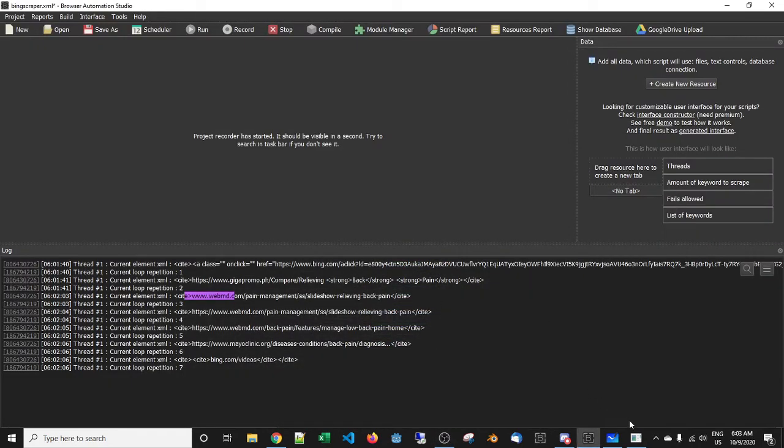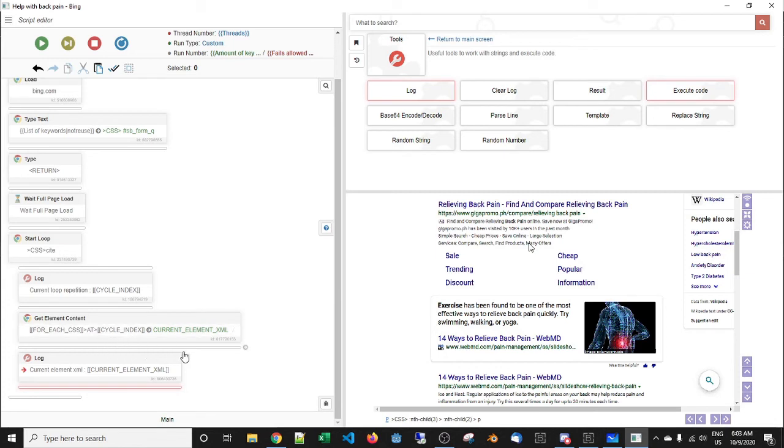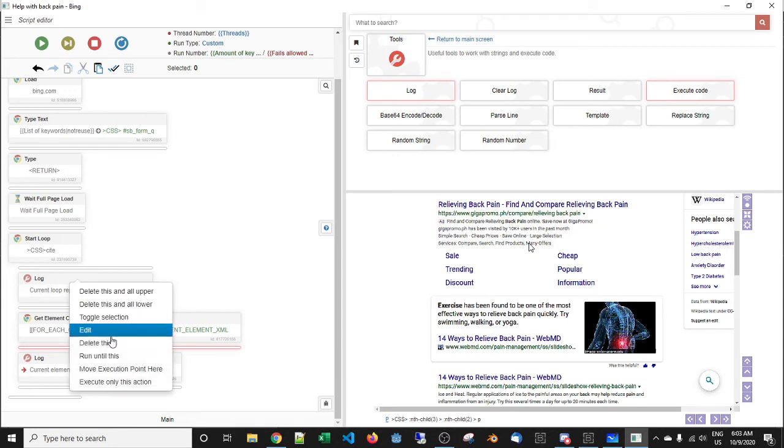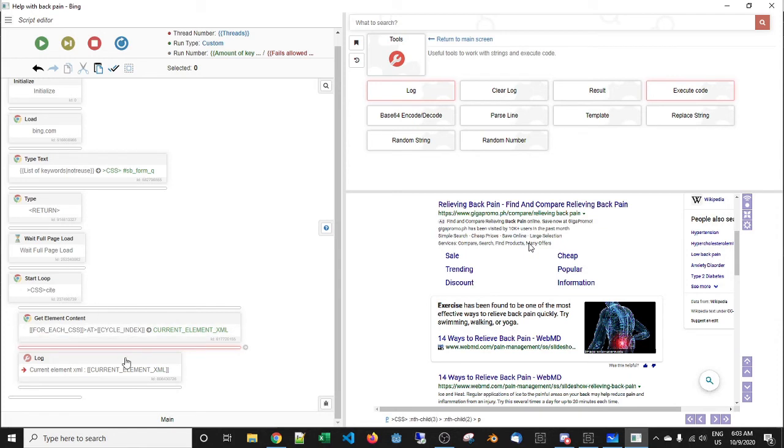Okay, so let's go back. Once we've gathered this, then first of all, I want to get rid of the loop number. I don't want that to show in the logs. I've got no use for it. Delete that and then log out the current element. So here, what I'm going to do is